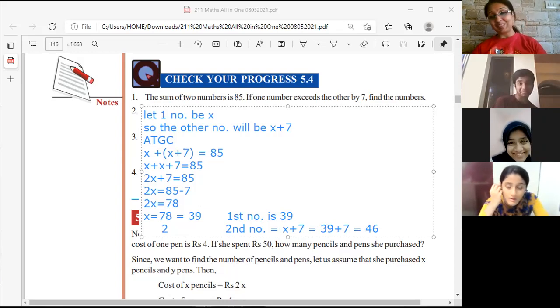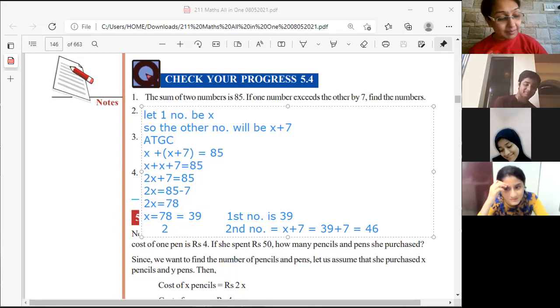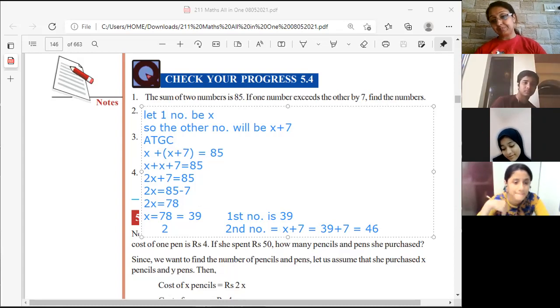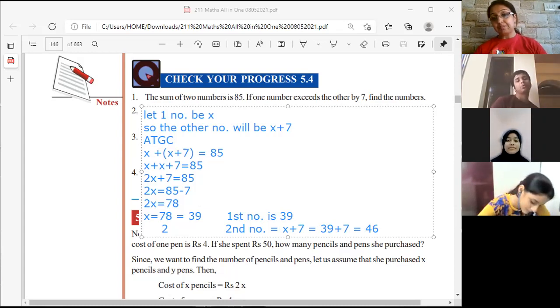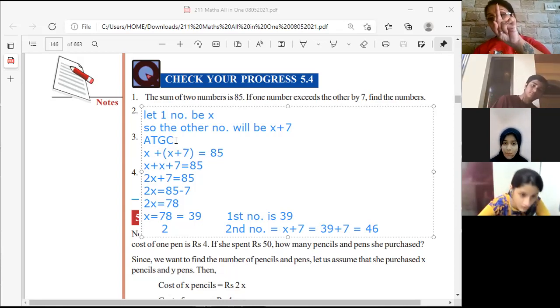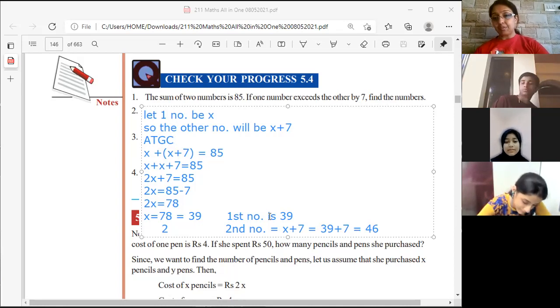Okay. Great. What is 80 GC? Yes, Barira? According to the given condition. If two conditions are given, then I will write according to the given condition 1, then according to the given condition 2. But here, since we are doing one variable, we will have one condition. So I'm not numbering it. Okay, according to the given condition.